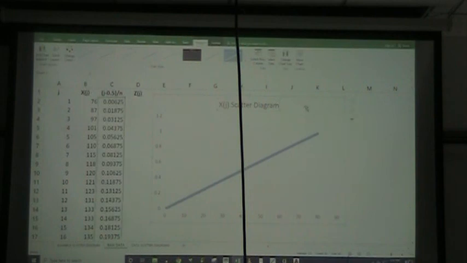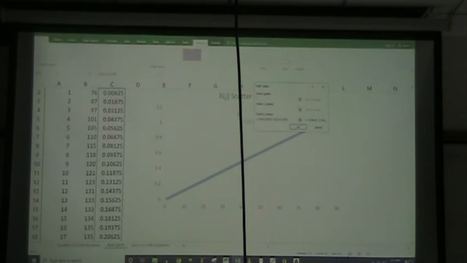Okay, and then I just click somewhere else and it's done that. Now I want to choose what part of the data is going to be on my scatter diagram. You can see right now it's got a nice straight line. Well, that's only because it's using the wrong part of the data. All right, so it's already decided what data it wants to use, and it's calling it Series 1, but